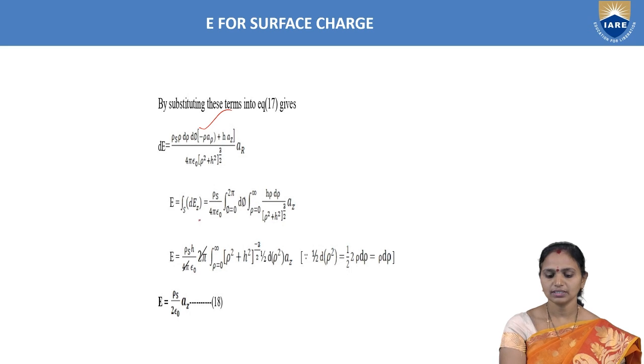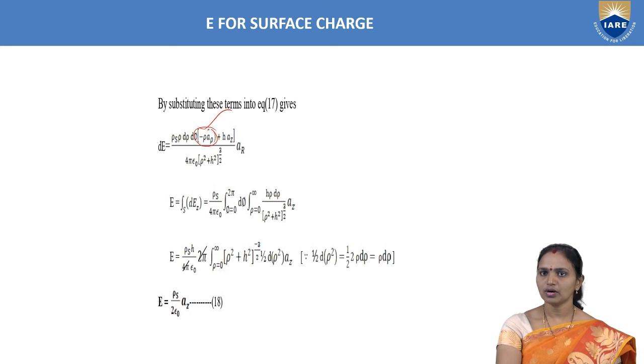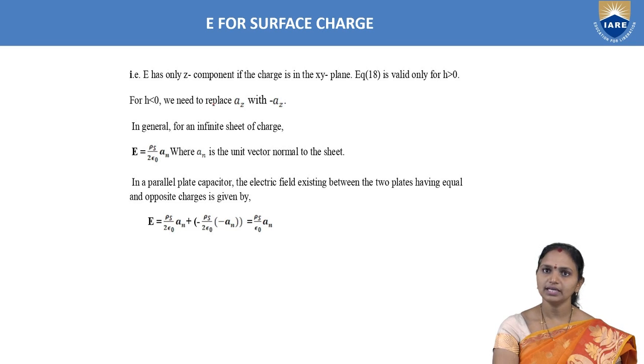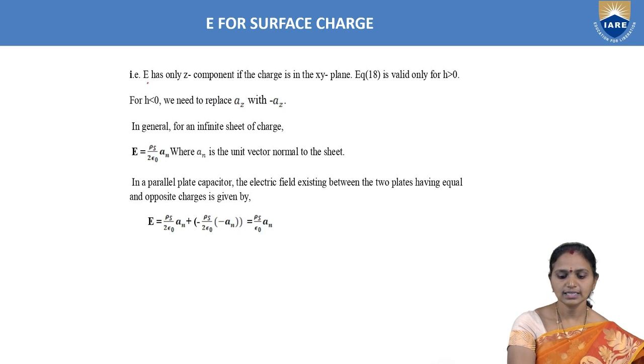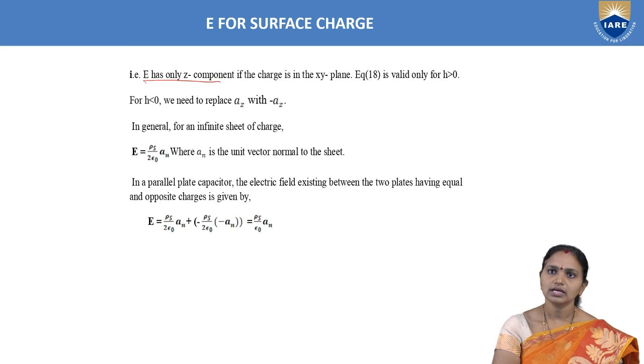So now we are separating the integrations here, and the 2 pi gets cancelled. As we have symmetrical surfaces, the a_rho component also gets cancelled and the resultant field component is only along the z axis. Here, as we are taking the field point along the z axis, the resultant electric field strength also has a field component along the z axis.